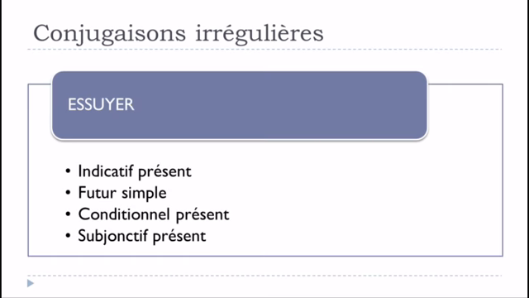Essuyer. And we'll see that this verb, like the others that end with UYER, will change a little bit. So even if it's a regular verb, belonging to the first group of verbs ending with ER, you'll see that a few modifications will be found. We're talking about l'indicatif présent. We will see that le futur simple will be concerned as well, and then conditionnel présent and subjonctif présent. For the other tenses, this verb will behave like all the other regular verbs ending with er.